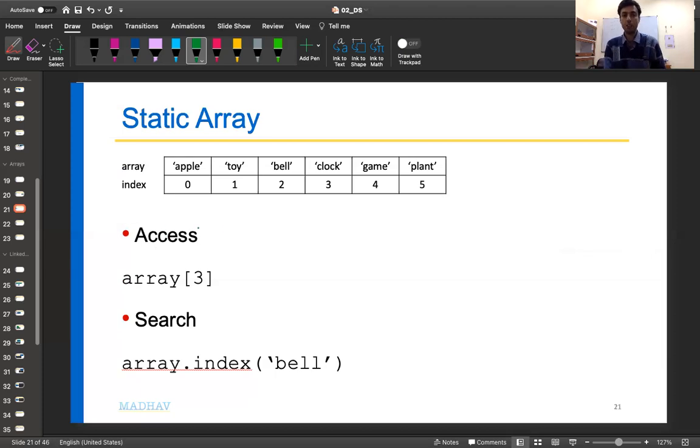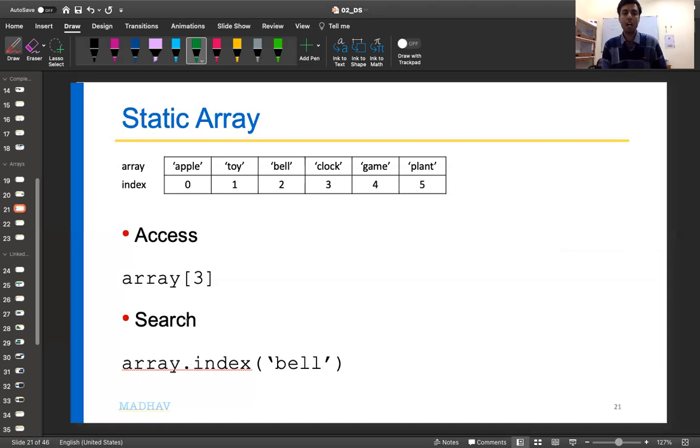I want to say what is the entry, or what is the data at index 3. Index 3 means the fourth element, so you start from 0, 1, 2, 3. It's clock. So array[3] is clock. In this way, you can access the data at this index of the array.